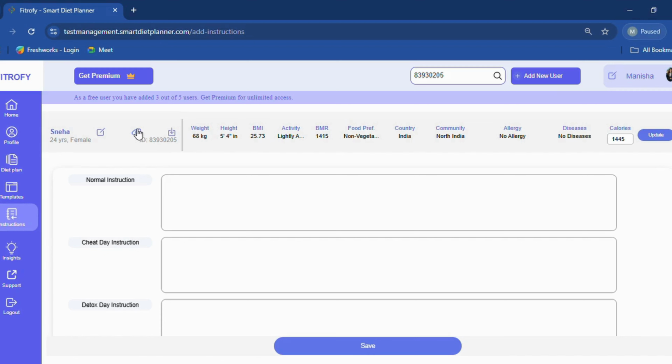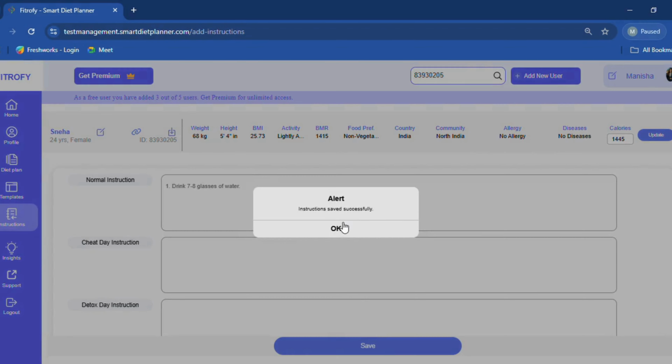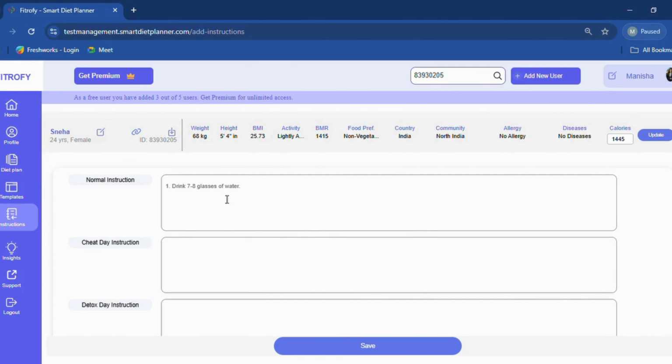So as we have seen, by copying the link, the client's profile gets opened and you can see the instructions at the bottom of the screen. So I will show you one example for the same. So if you can see, this is one instruction that I have saved in the client's profile. Drink 7 to 8 glasses of water.